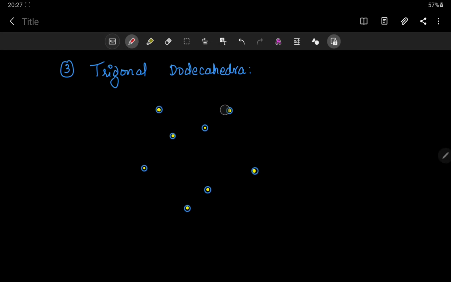So here are the different vertices. These two are in one plane, these two are in a perpendicular plane, these two are in one plane, and these two are in another perpendicular plane. So I am just exaggerating. This is not the distance, but for our convenience that I have shown. So for convenience, first let's draw a pentagon.